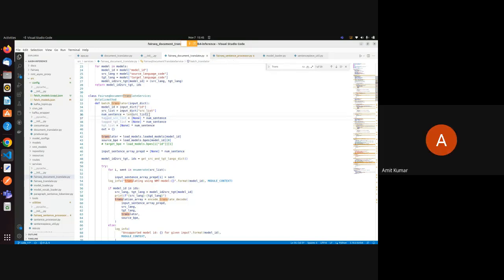So you will find the number of sentences in the same way. We will have to create the tagged source list and the tagged target list. So why are we doing this? As I have told you, when we are translating from English to any of the Indic languages, we are using one model, right? So when we are translating from English to Hindi,